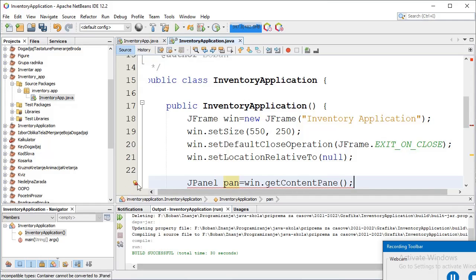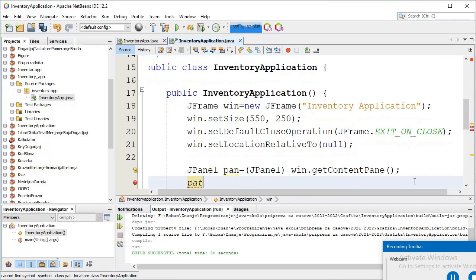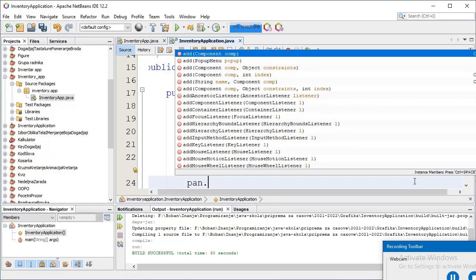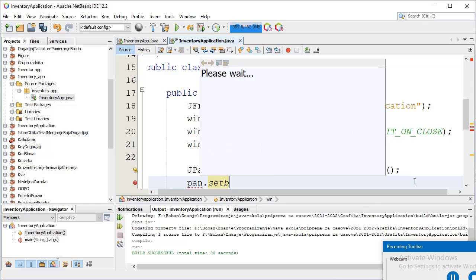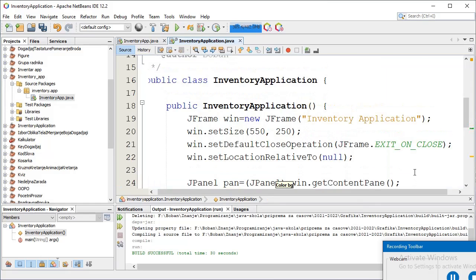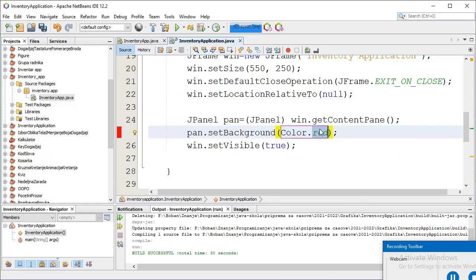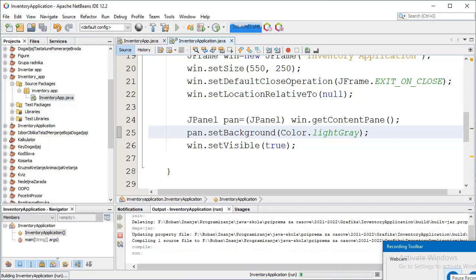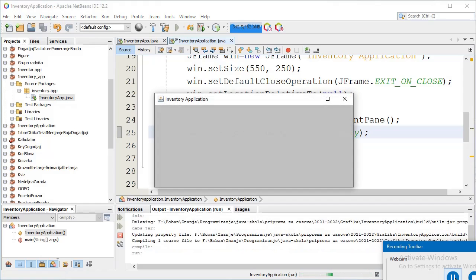I must cast to the type of JPanel. I set the background for that object. I change the color to light gray.